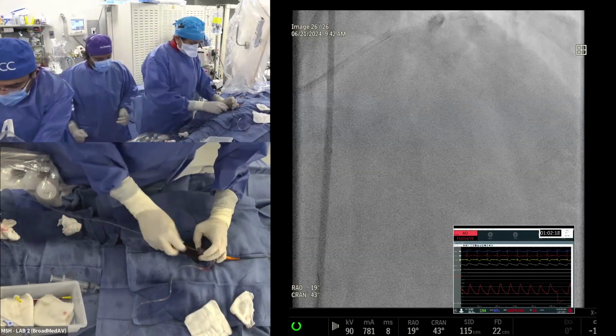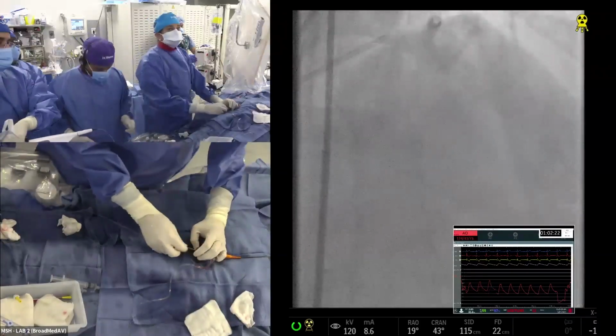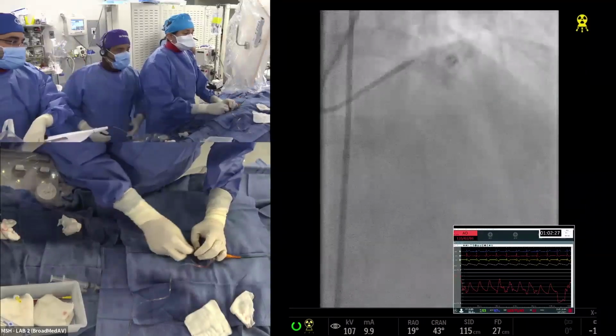Good. Fantastic information. Dr. Samin, what do you use in your daily practice for sizing? What have you found? Basically, I would say